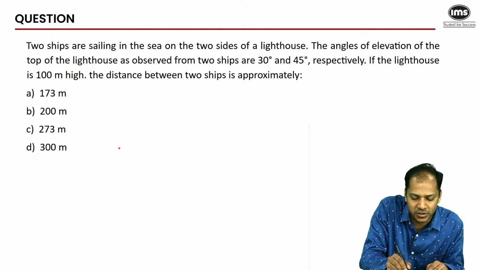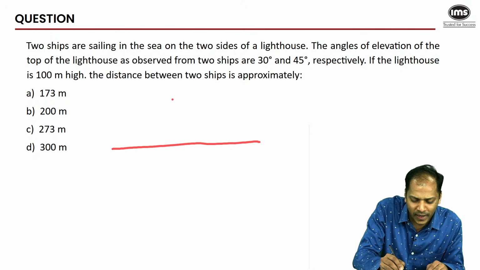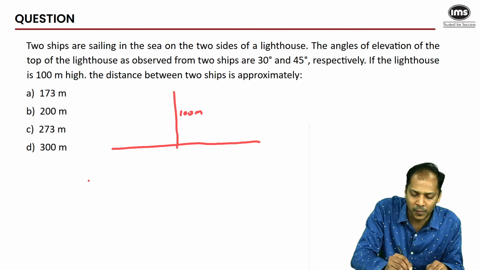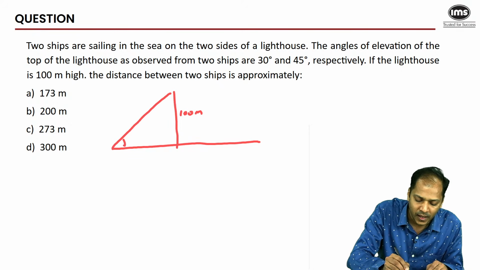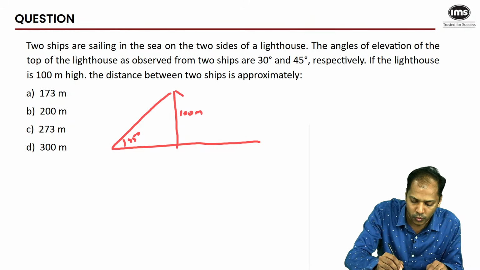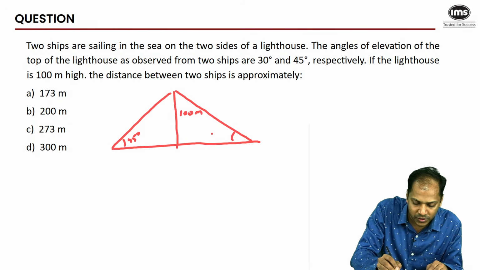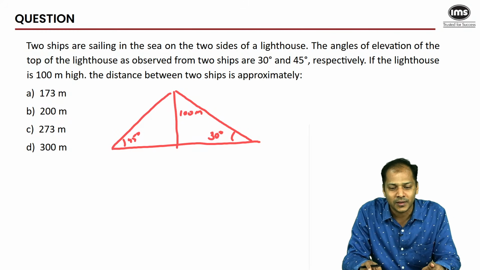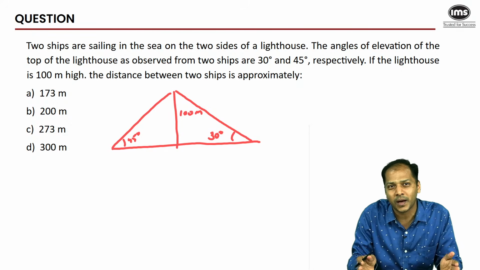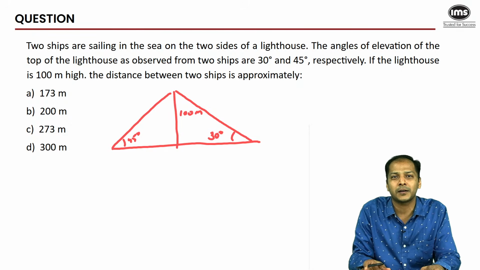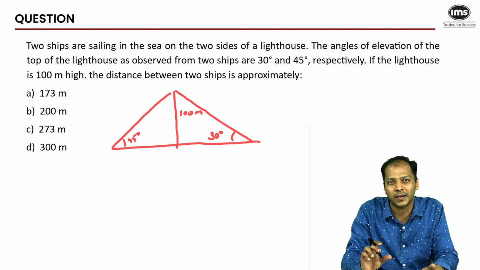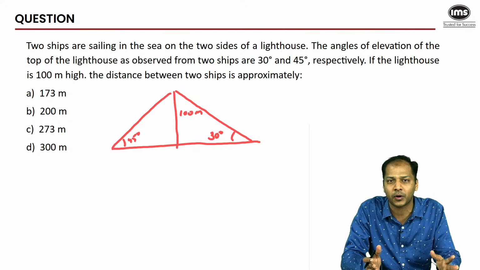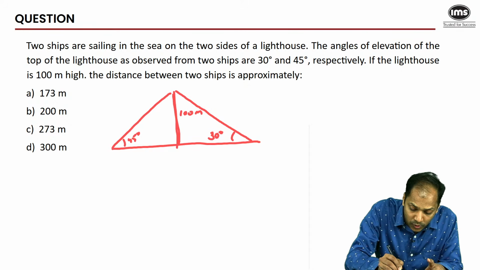You have two angles of elevation involved for two different objects. There'll be two triangles which will be formed. This is the lighthouse. Its height is 100 meters. There's this ship number 1 which has an angle of 45 degrees. And then there is a ship number 2 which has an angle of elevation of 30 degrees. So this is how the diagram looks. Now, when you're solving heights and distances based questions, the idea for us would be that we'll try to use as few formulae as possible, and we'll try to use the properties of triangles: 30, 60, 90, 45, 45, 90, etc. This height was 100 meters.